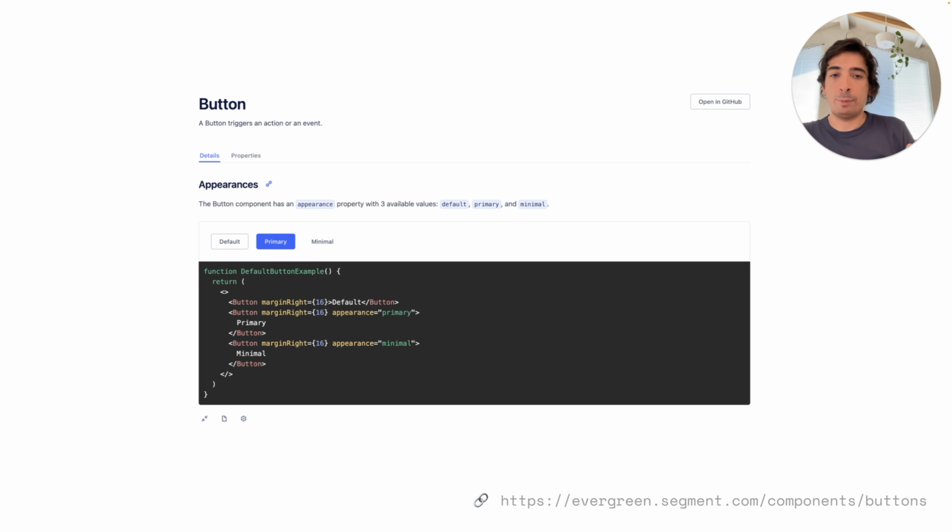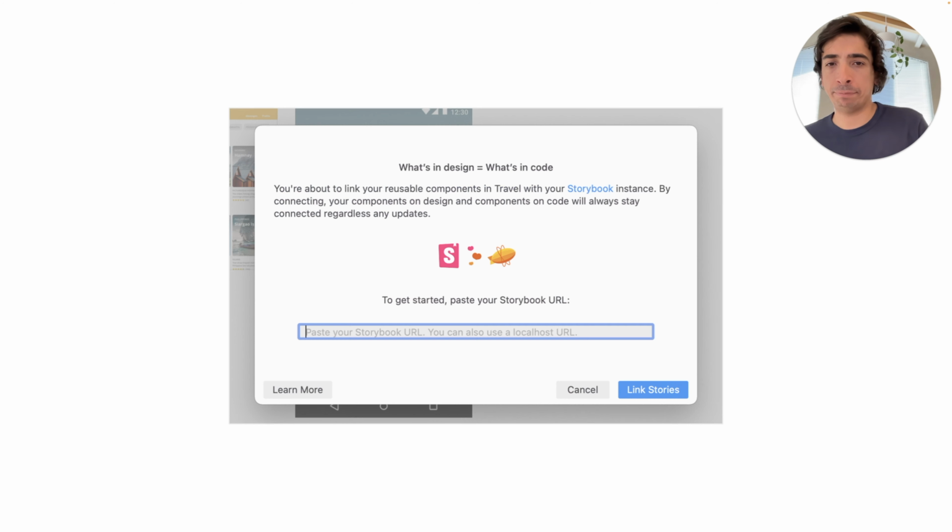This is a problem that we've been thinking about at Zeplin. How can we make this a little bit easier? So we approached it a bit differently. Let me show you how really quickly. We know that a lot of developers use Storybook. That's where they build and maintain their components. So in Zeplin, we were thinking, why can't you just add a link to your Storybook instance? And then we would simplify and try to automate some of that difficult task of mapping the components in design and components in code.